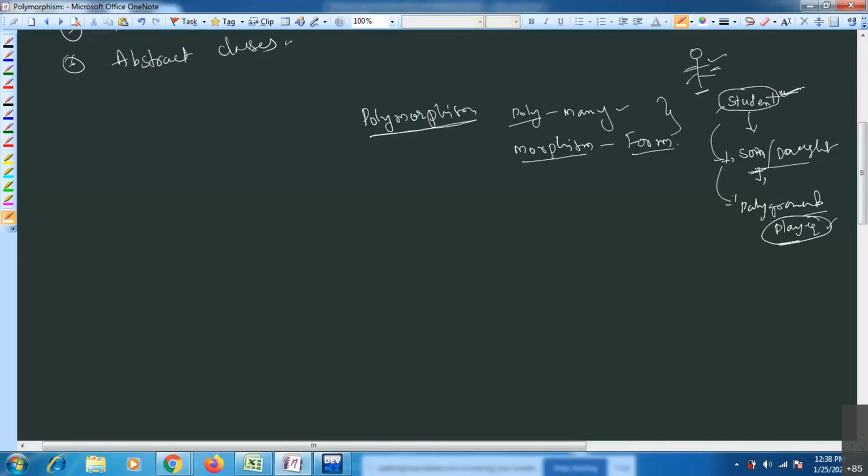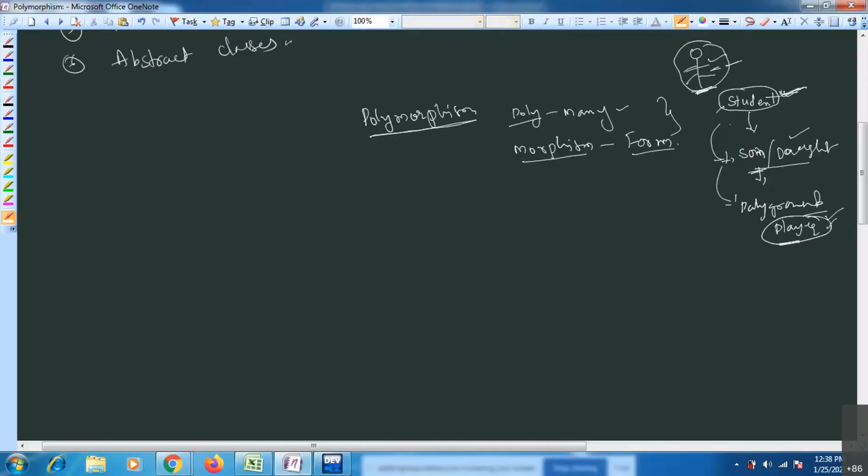Observe the concept: the same person performing different roles, the student role, the son or daughter role, the player role. This concept you can call polymorphism. One thing that exists in different forms.